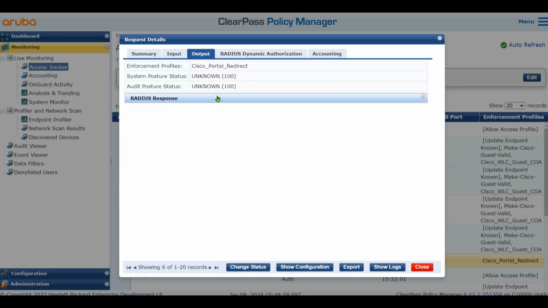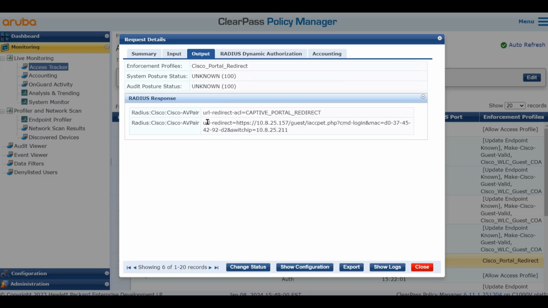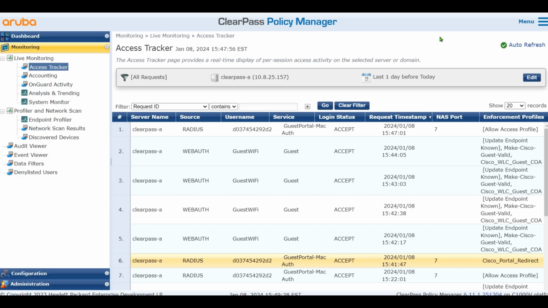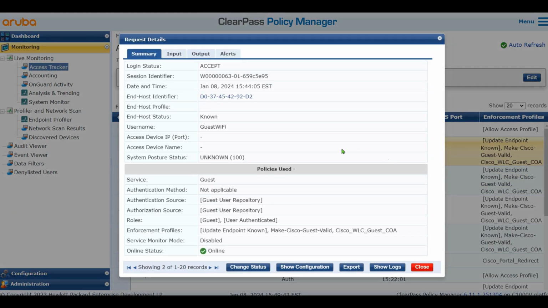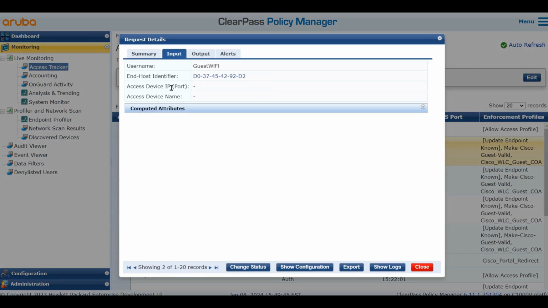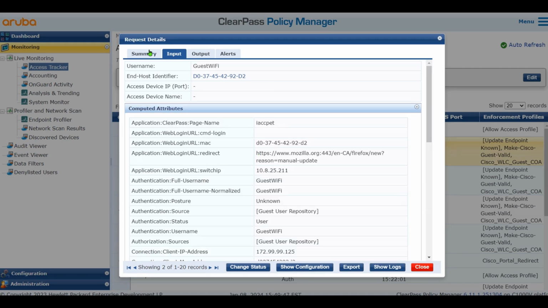And Aruba ClearPass sends back the captive portal redirect ACL to the controller and sends a redirect for I accept, the redirected CWA page. Right after that, I click accept the terms, and it got a hit